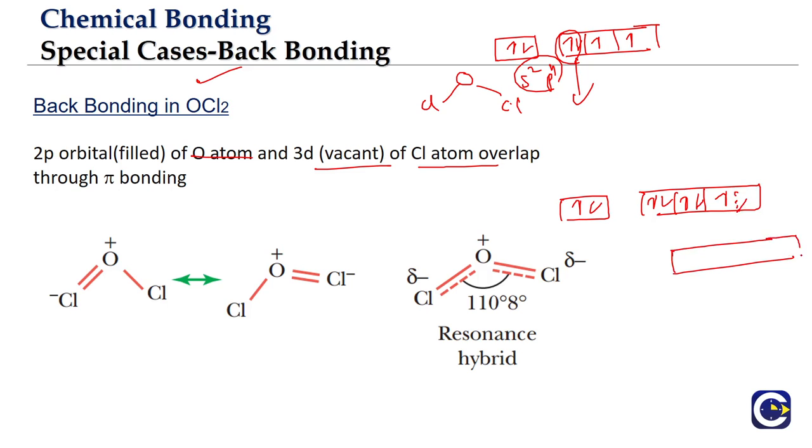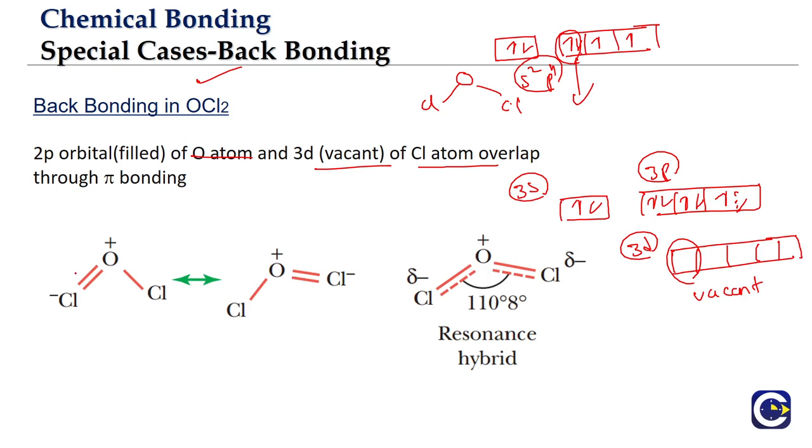But since it is the third period, right, it will have 3s, 3p orbitals as well as the 3d orbitals. How many 3d orbitals are going to be there? Five of them. All are what? Vacant. So here the coordinate pi bonding will be formed between what? The 2p orbital of the oxygen atom to the vacant 3d orbital of the chlorine. And that is the reason why we can see that here the bond will be having what? Partial double bond characteristics.